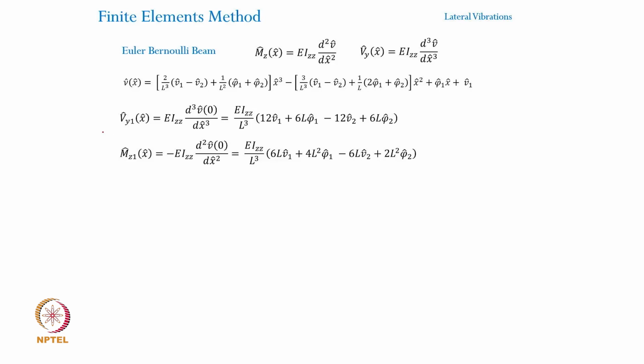So Vy1 cap is basically the shear force at x cap equal to 0, and for that we can use this equation. Okay. So E Izz d3 v cap by dx cap cube at x cap equal to 0